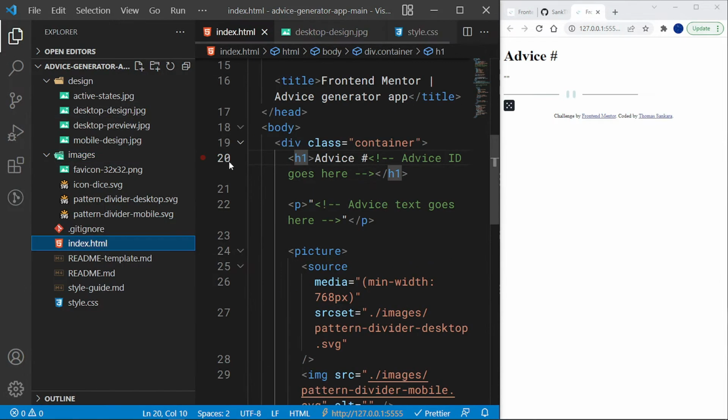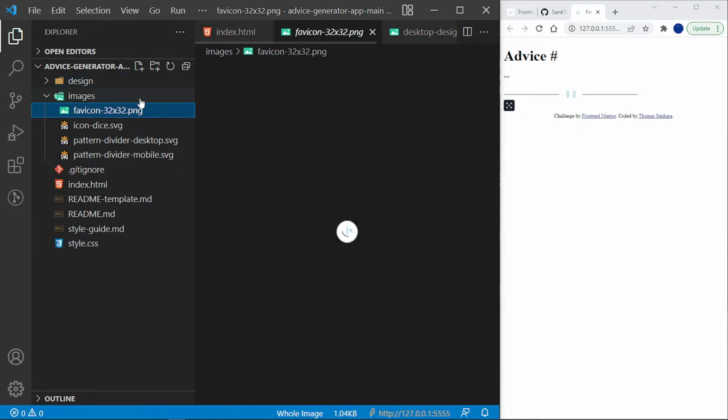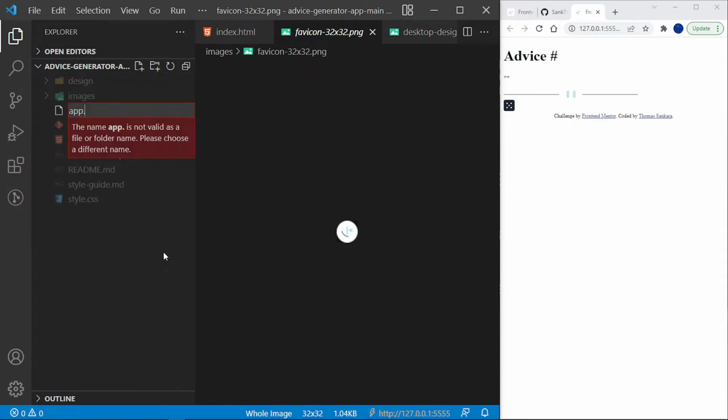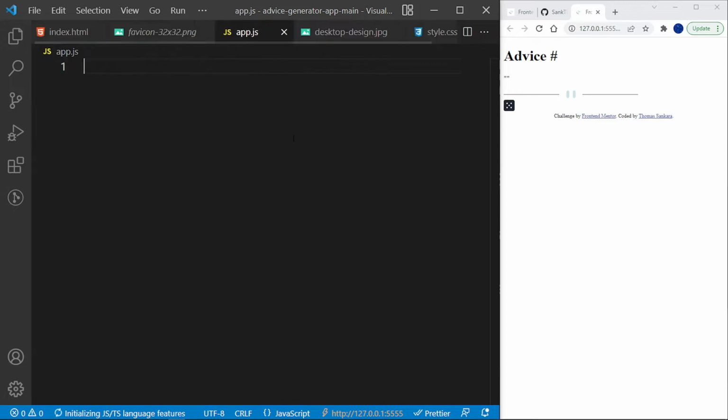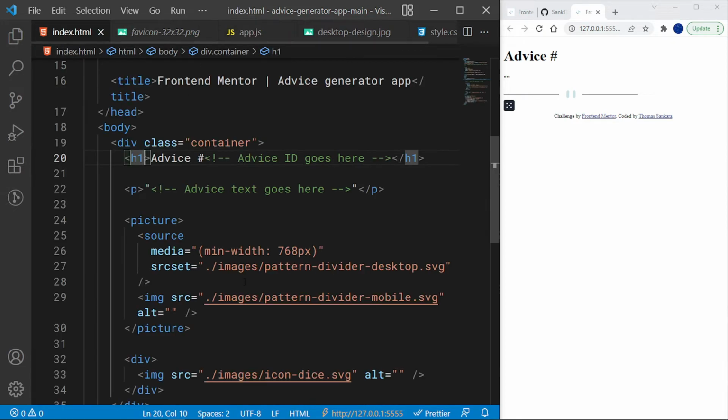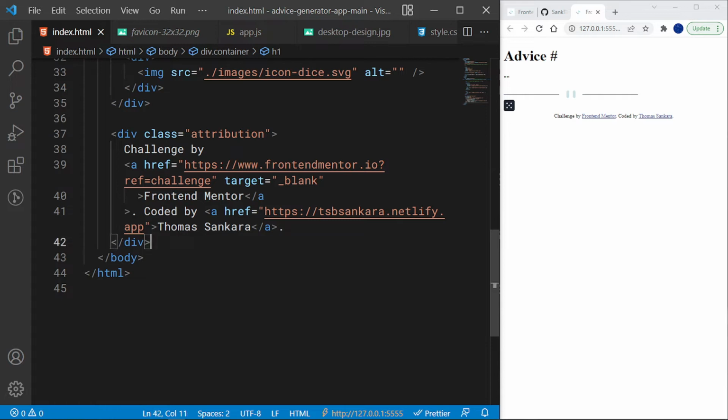Actually, I've forgotten something. Let me create an app.js file inside here, which is basically going to be where we fetch our data. And then once we have our app.js, I want to link it just before the closing body tag. So script source